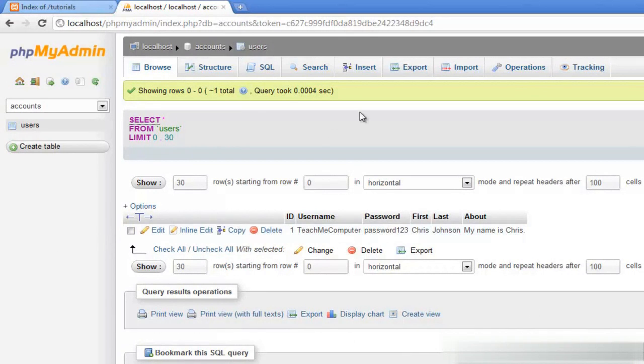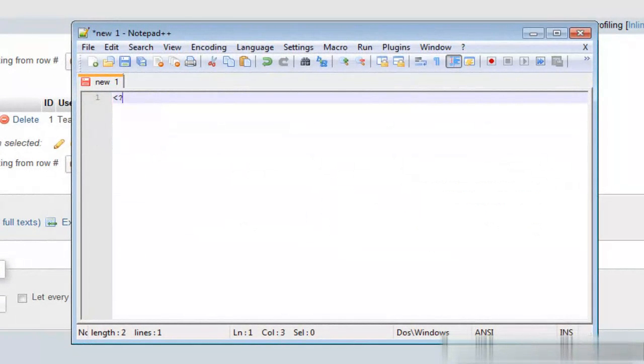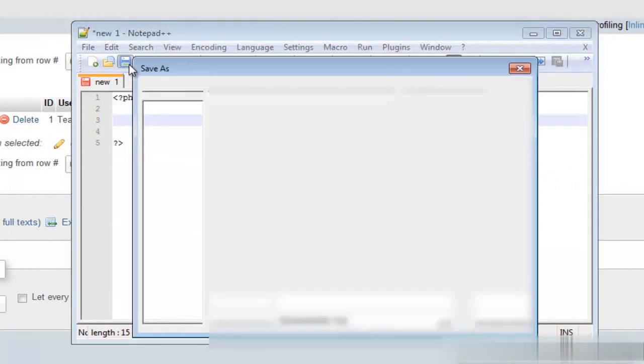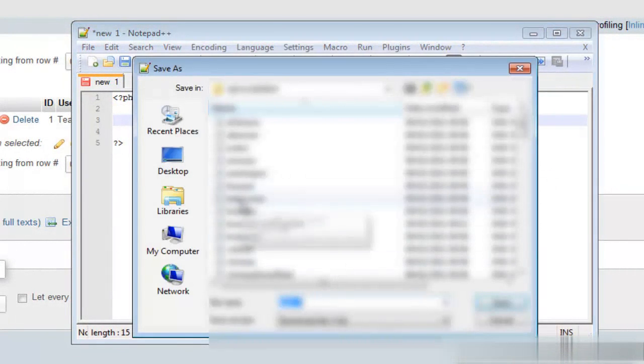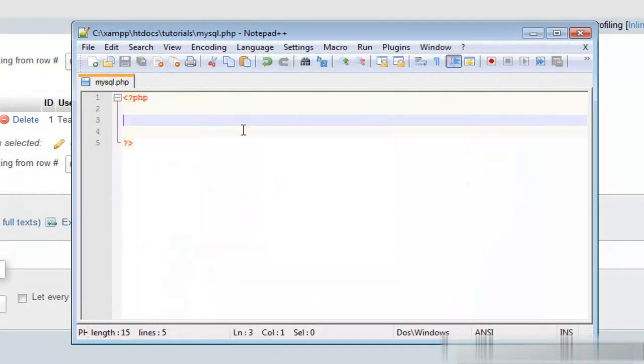So before I end this video, I'm going to show you how to connect to the database, our first little MySQL query. So open up Notepad++, we'll delete this, make our first MySQL query here. So save this as, we're going to go to, sorry about that, I'm not at the correct directory. Okay, we're here. So we're going to save this as mysql.php, and the way we can connect to a database is simply by typing